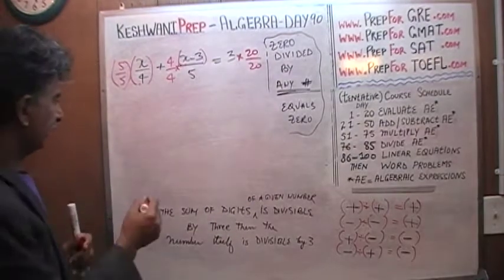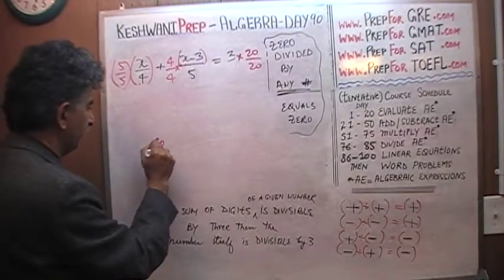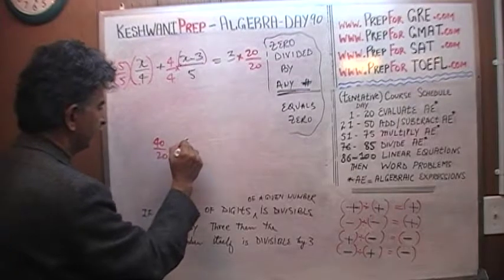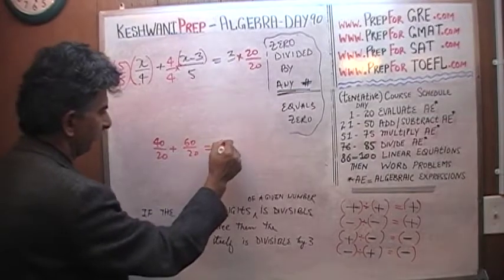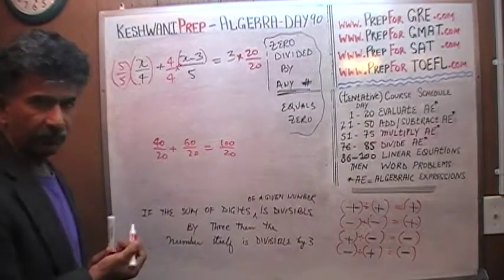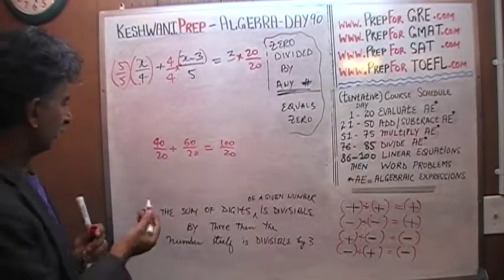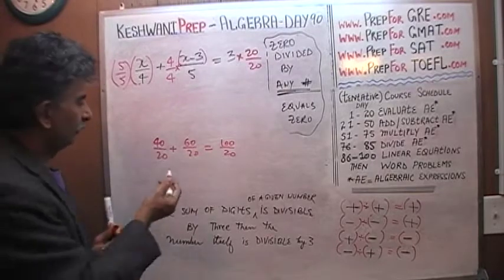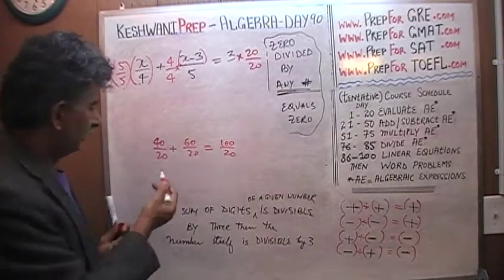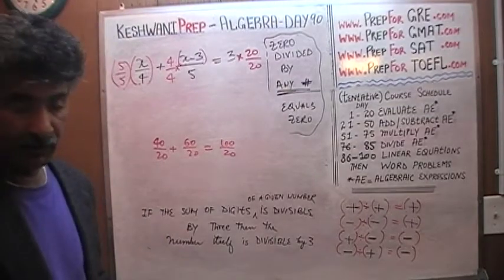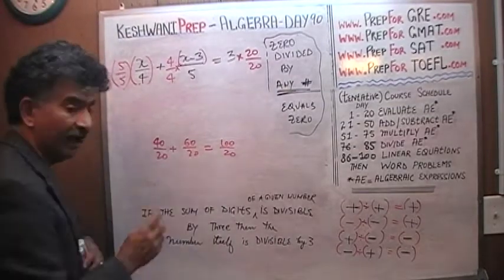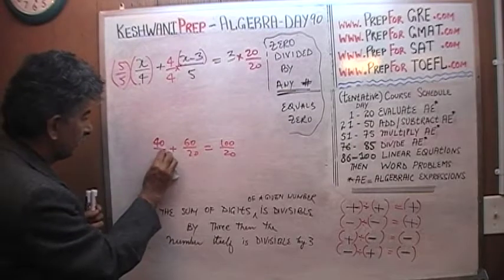So if you have 20 everywhere, for example, if you have 40 over 20 plus 60 over 20, that's 2 plus 3 is 5, so that's 100 over 20. As you can see, this equation is a valid equation. 40 over 20, which is 2, 60 over 20, which is 3, 2 plus 3 is 5, which is 100 over 20. And because it's a valid equation and because they have the same denominator, if I were to get rid of the denominator,